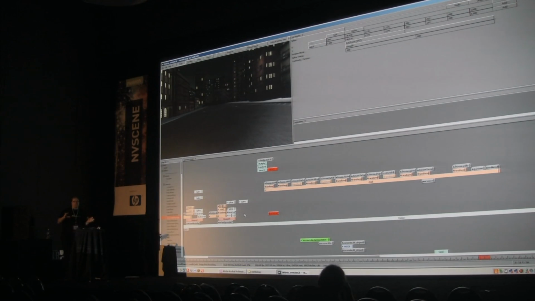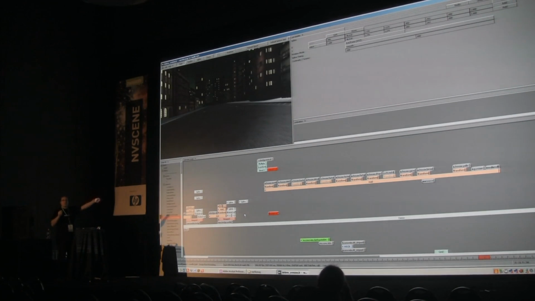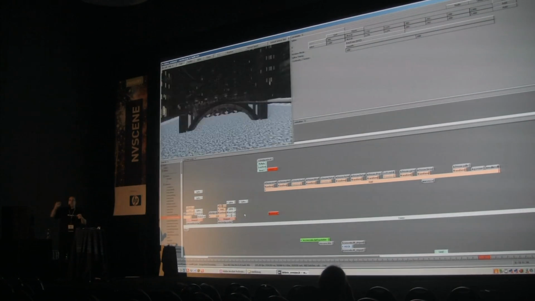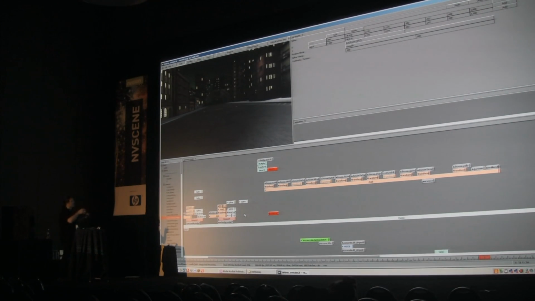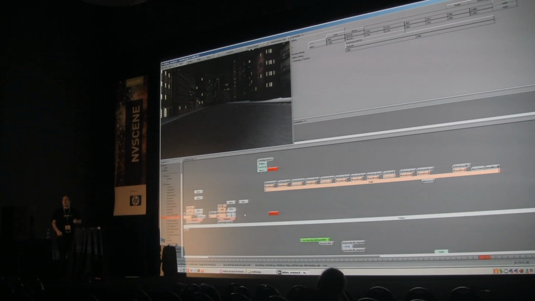And the other thing that we achieved with this kind of tool is the total integration. Every aspect of this demo has been done on this tool. So, as I showed you before, with changing the texture and seeing it not just in real time, but in the finished scene, you don't have to switch tools. You don't have to change the texture somewhere in Photoshop, import it back into the scene, or go through an export process for the meshes. You can just change something here. You have total control from one position. I think Trixter is going to give a whole talk about this topic, how cool it is to have nice tools.